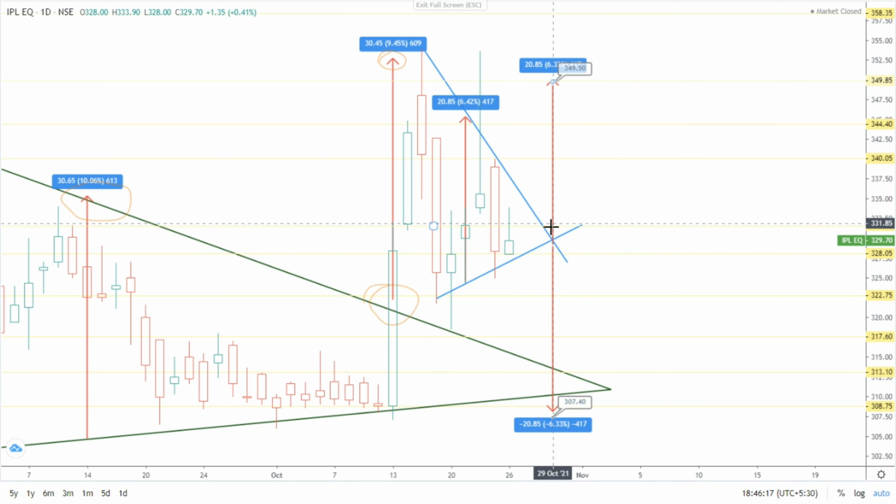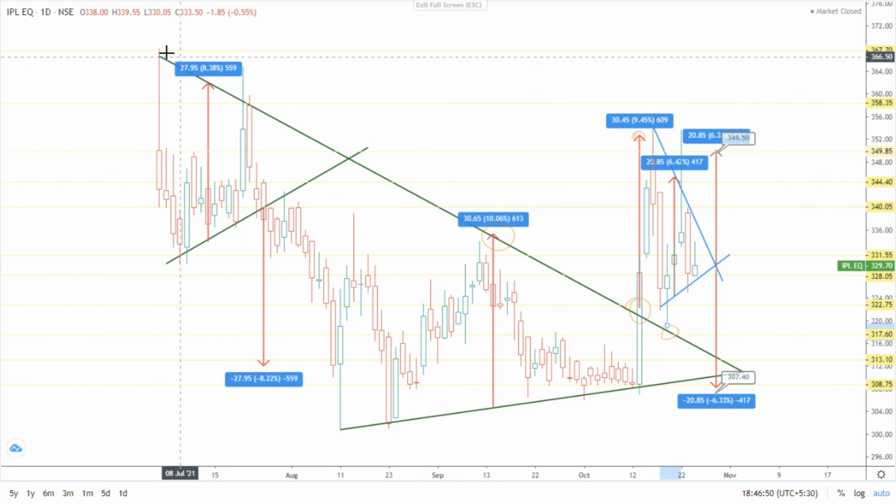And if a breakdown happens below this, then it will go down to here, guys, that is 308 rupees. Same target, 20 rupees downside. And it can take support at any one of the support zones here, and a bounce back can be seen. Even here also it can take support and again bounce back like this. Here it took support and again bounced back like that, which can also happen.